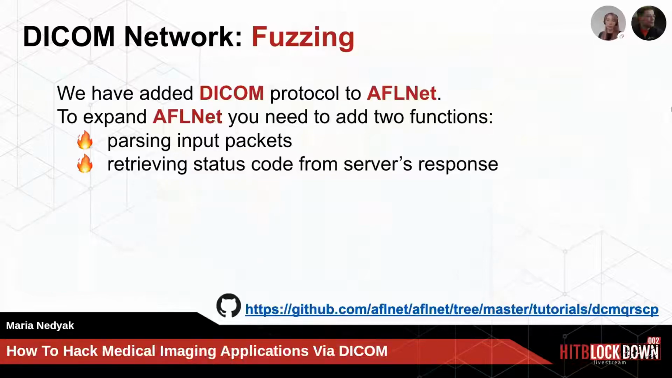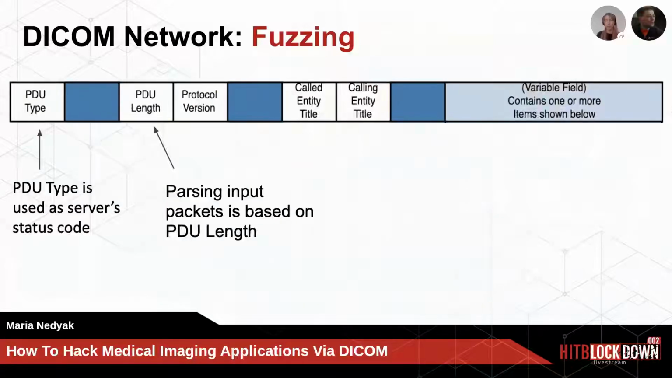Okay. As I was focused more on the problems of implementations, I tried to fuzz DICOM network protocol implementation, and I used FLNet for fuzzing. It is pretty simple to expand the FLNet fuzzer. You just need to add two functions for parsing input data and for retrieving a status code from service response. And I have added DICOM protocol to the FLNet repository, and there is a link where you can read a tutorial of how to use the FLNet to fuzz DICOM protocol, and how I expanded